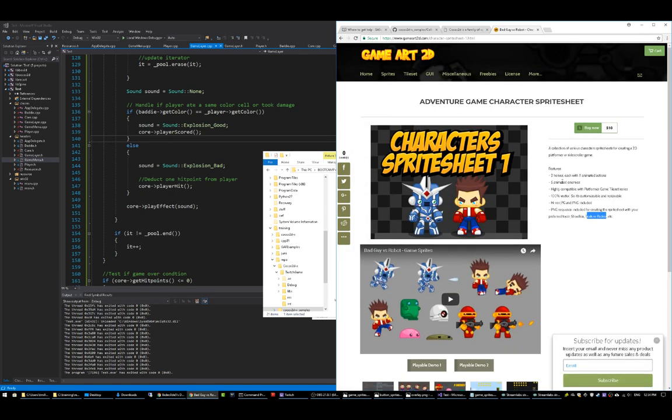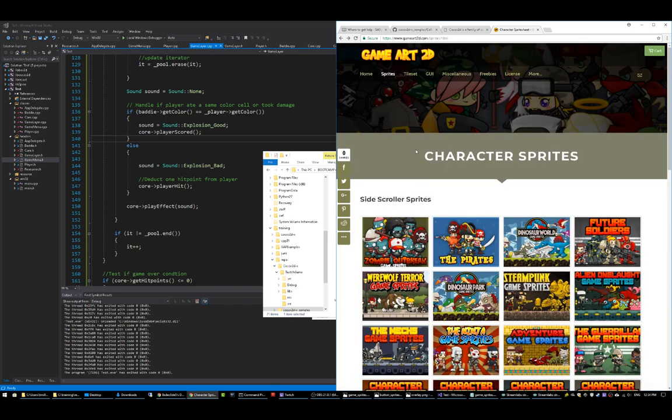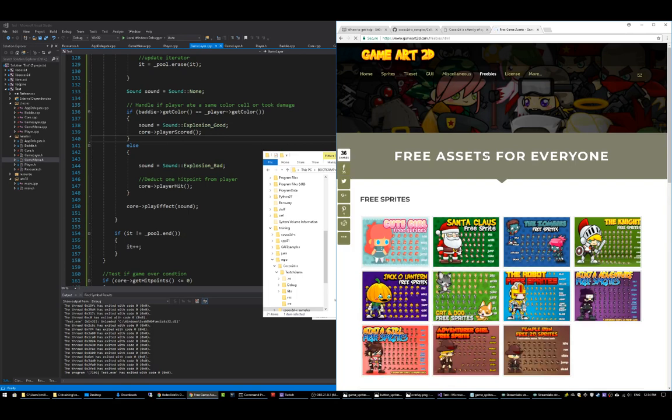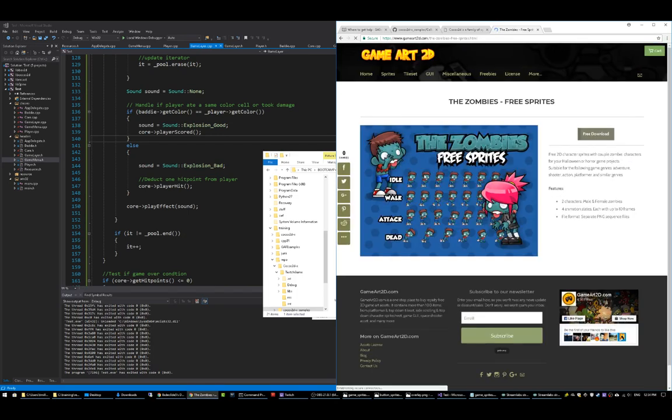He's selling it though. You've got to pay for it. Some of this stuff, I guess, is free. Some isn't. Here's freebies. Let's see what's free. So if you wanted to create a zombie game, there you go. You get some free zombie animations. So how do you do animations? If you were given this sprite sheet in Cocos2d-x,